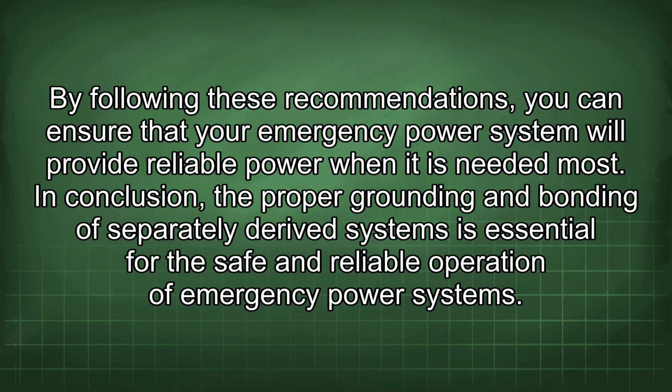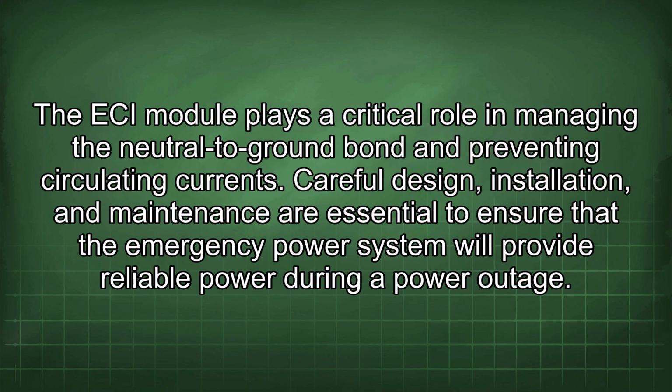In conclusion, the proper grounding and bonding of separately derived systems is essential for the safe and reliable operation of emergency power systems. The ECI module plays a critical role in managing the neutral to ground bond and preventing circulating currents. Careful design, installation, and maintenance are essential to ensure that the emergency power system will provide reliable power